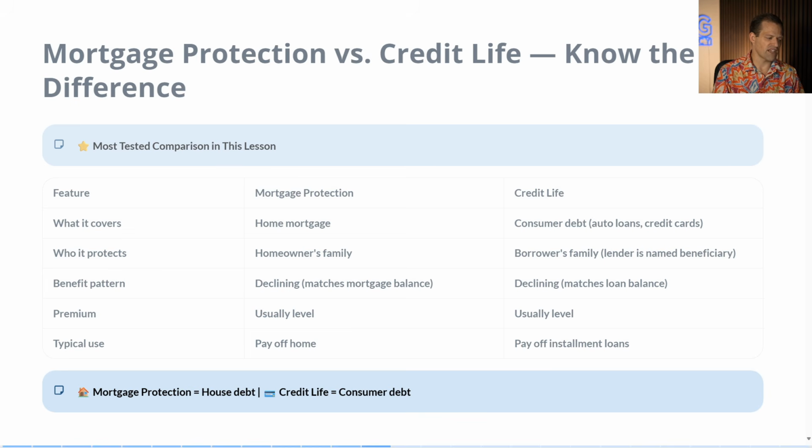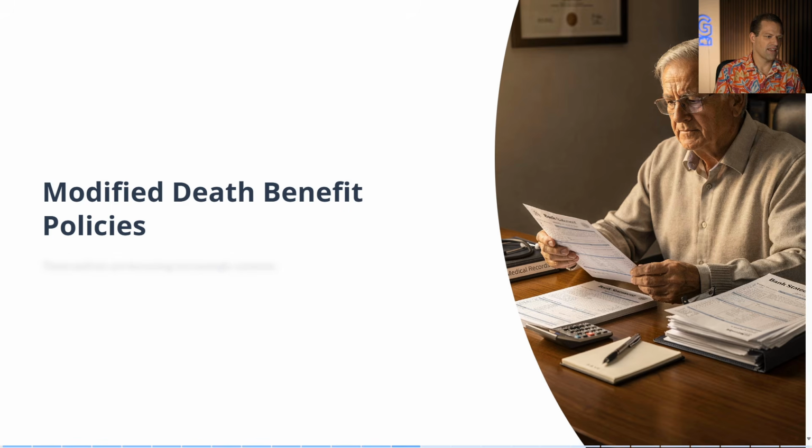So in short, mortgage protection equals house debt. Credit life equals consumer debt. That's the big difference. Now let's talk about modified death benefit policies because they're very common, especially with the aging